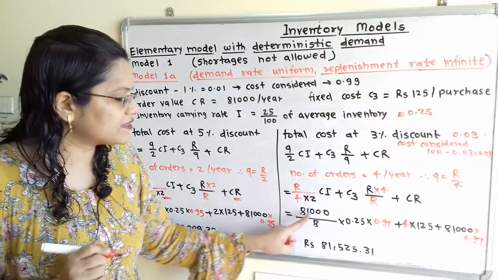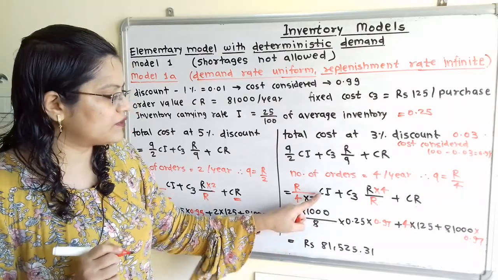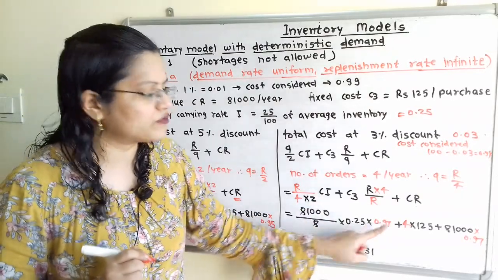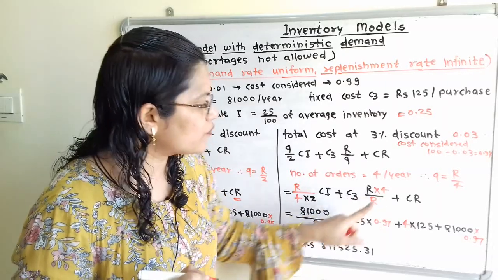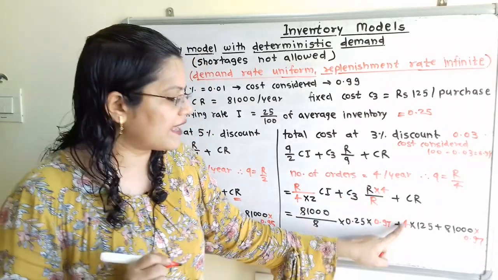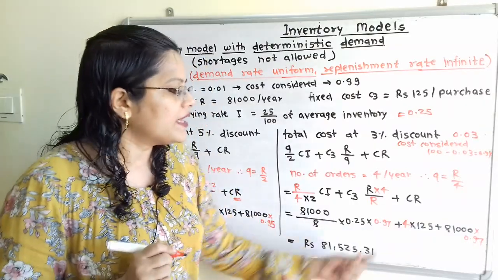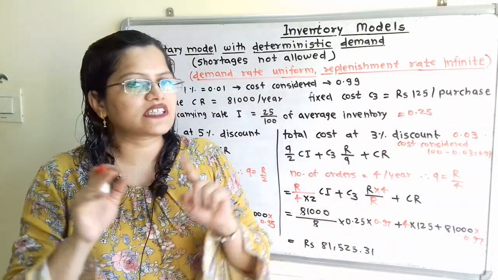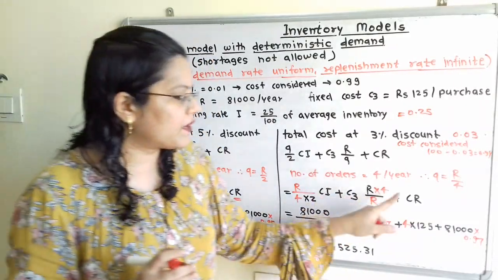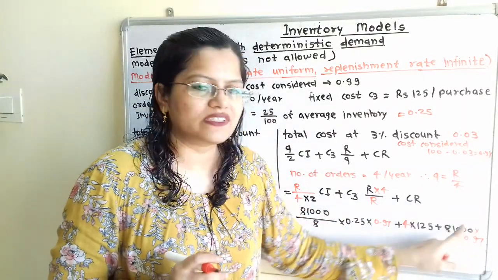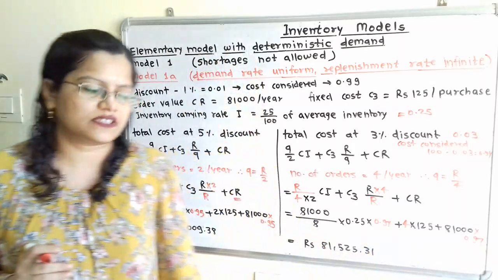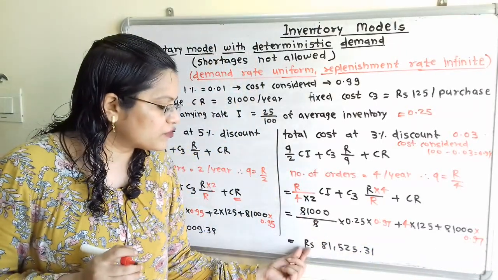So CR, that is 81,000 divided by 8 into I, that is 0.25 into 0.97, plus. Now here C3 into 4, because this R is getting cancelled, 4 into 125. Here this is the fixed cost and discount is not applicable. Plus CR, so this is the order value 81,000 and here discount is applicable, that is 0.97. So when we calculate we will get rupees